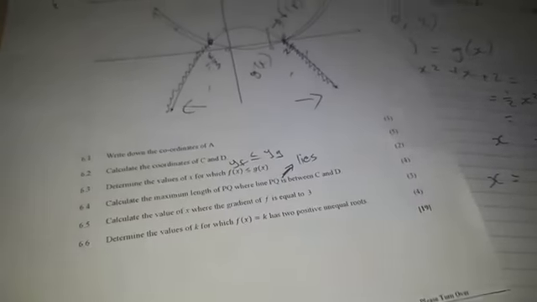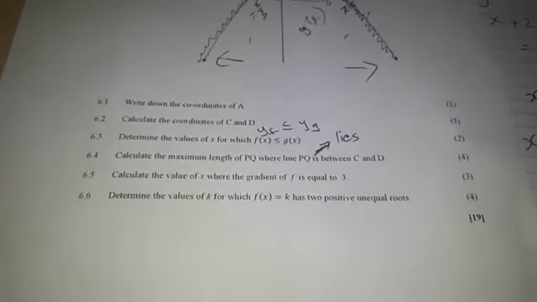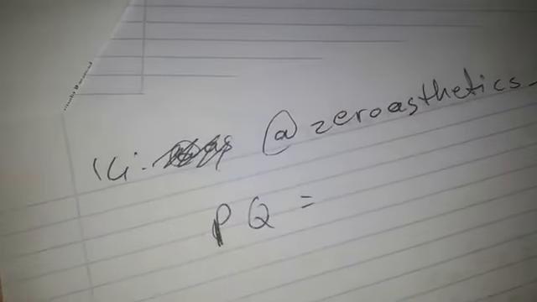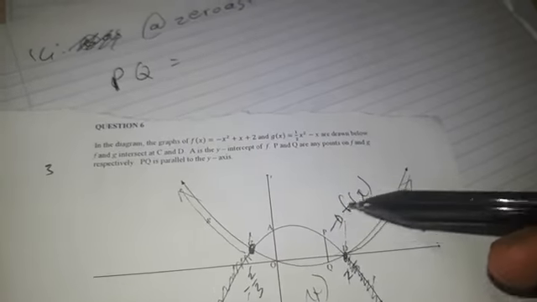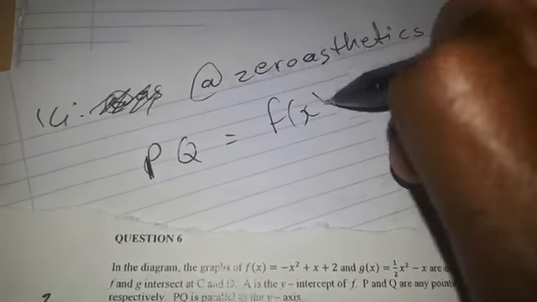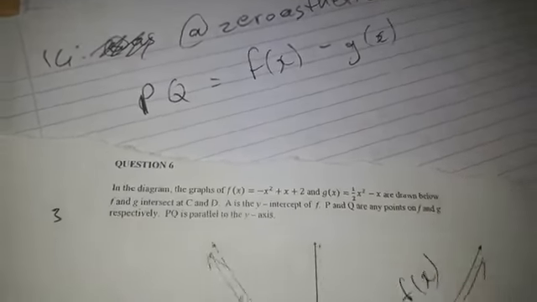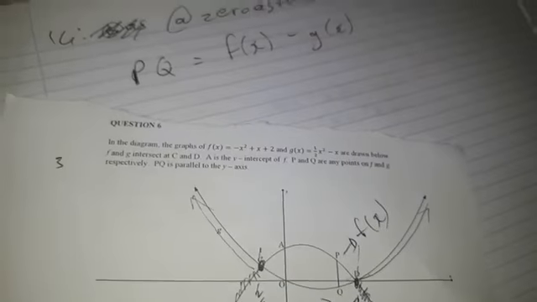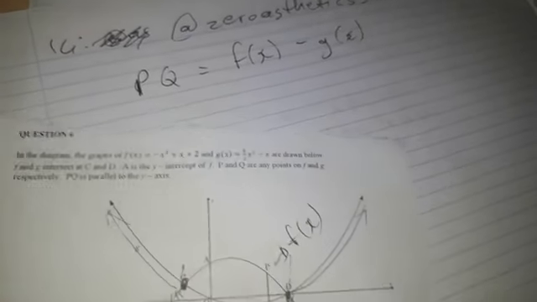So what I mean is, before we even worry about the maximum length of PQ, what we need is an equation of the length of PQ, you see. So the equation of the length of PQ in terms of x will be equal to the graph that's on top, which is f, minus the graph at the bottom. So this is going to give you the length of PQ in terms of x, of which all that boils down to